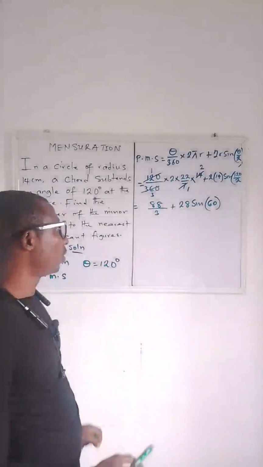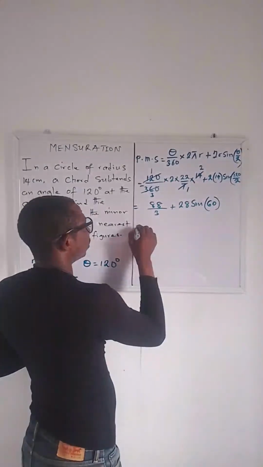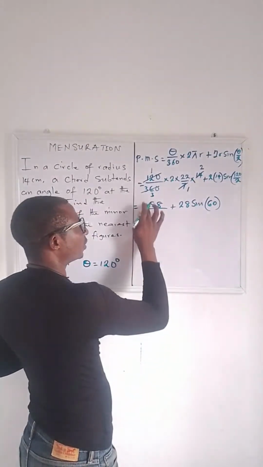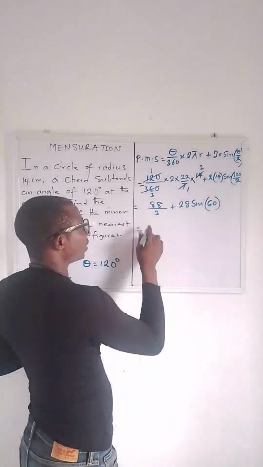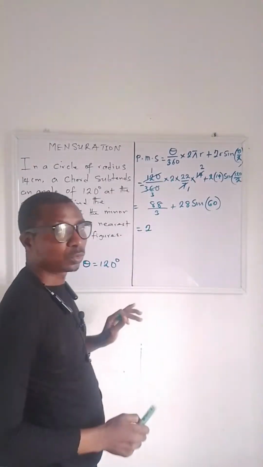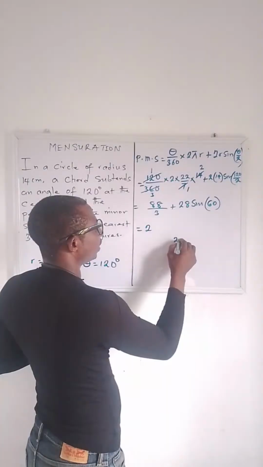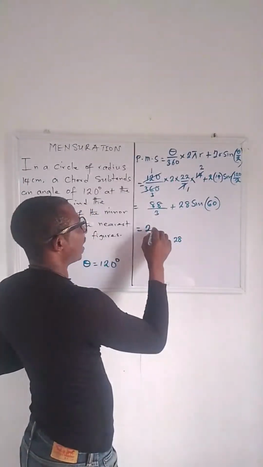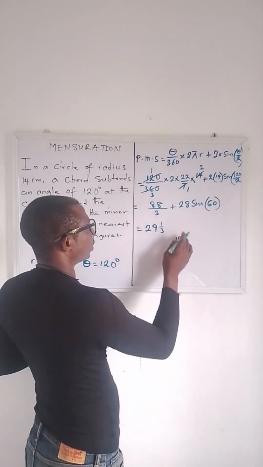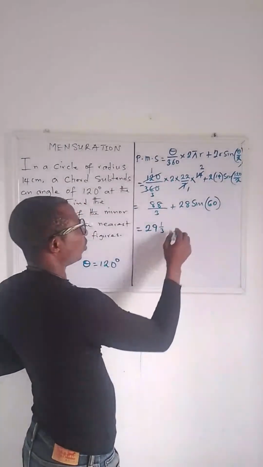Now let's divide this. 3 goes into 8 twice, so we are left with 2. So 3 goes into 28 nine times, and it remains 1. So 1 over 3, plus